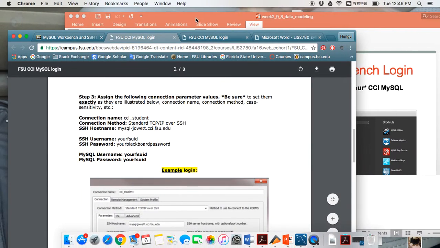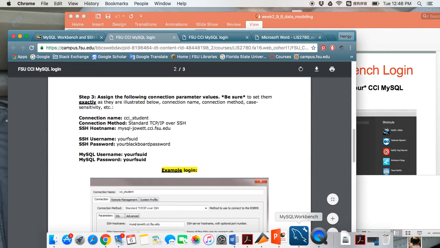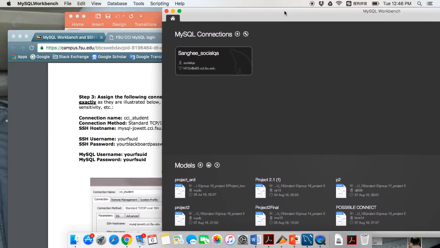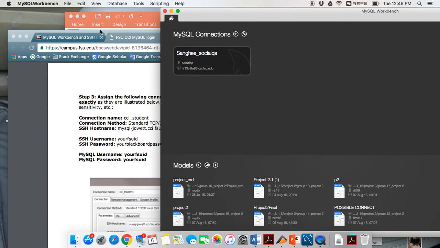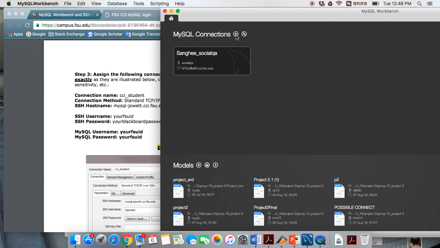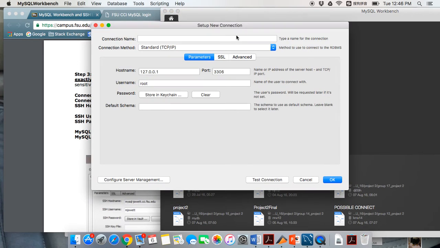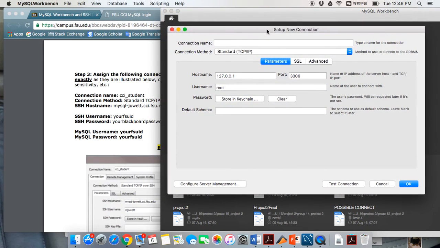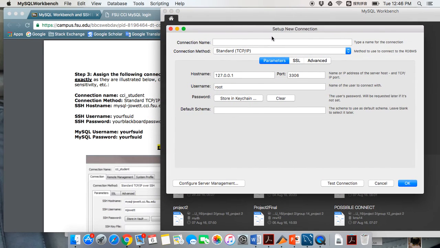So open your MySQL Workbench, and then you can click this. As you can see, there is a plus icon. Click it, and this is for